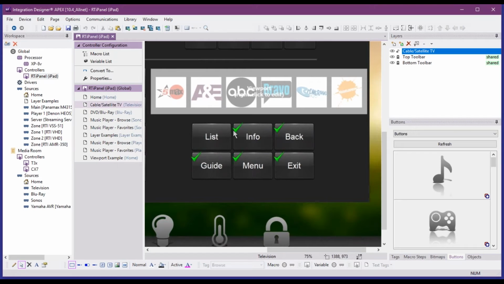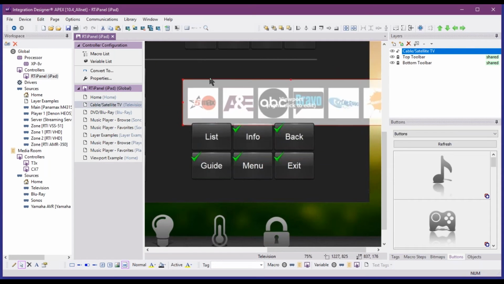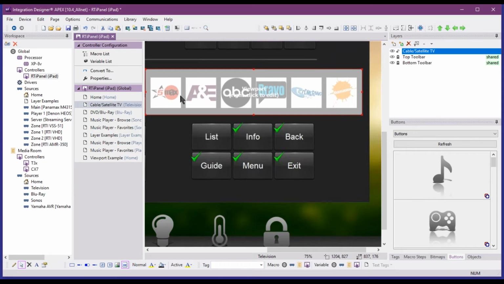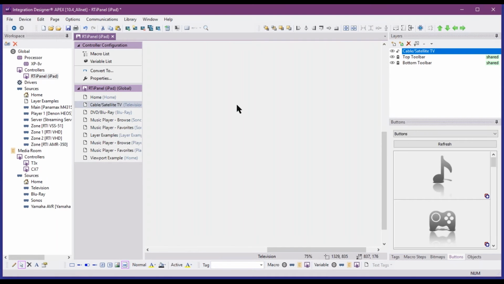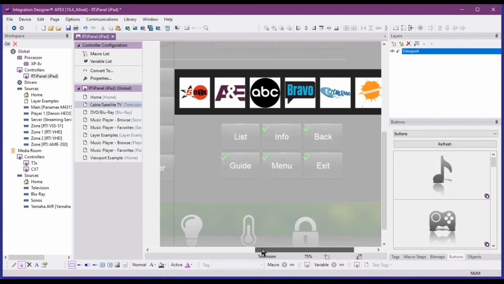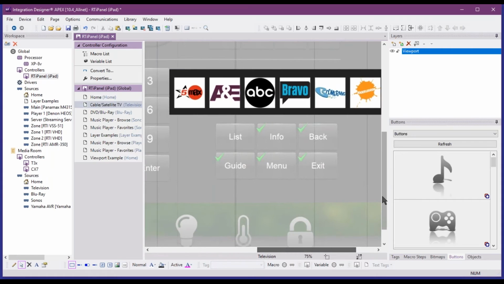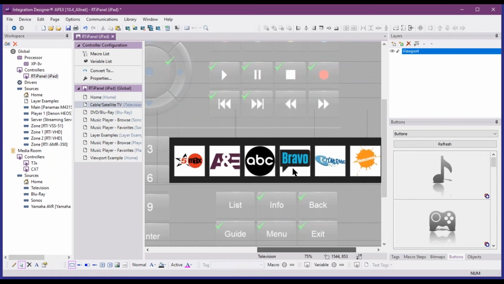All right, this little gray box is a viewport. This viewport allows me to create a list of buttons, and within this viewport, I can create different panes or panels. It's kind of grayed out, so right now you treat it as just a button. You can place it wherever you want, and then right-click it and edit the viewport, and you'll see the rest of the page gray out, and you're now within this little viewport on the screen. And if I zoom out,